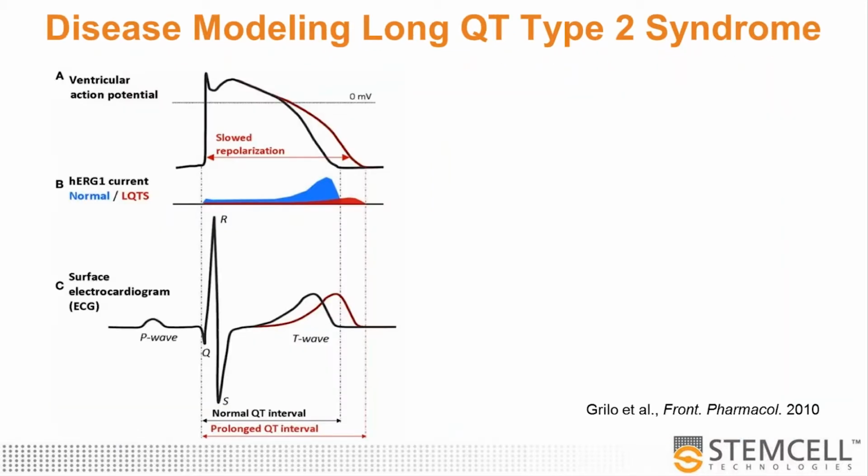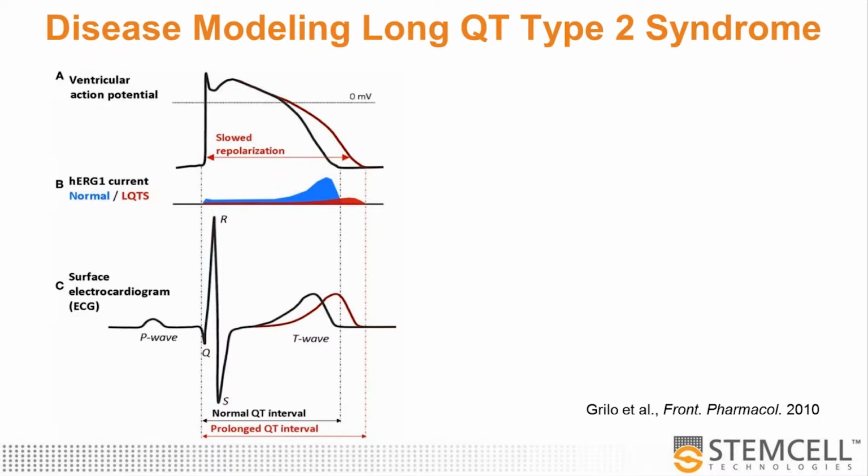So the first example I'll be talking about is disease modeling the long QT type 2 syndrome. So just a brief overview of what long QT type 2 is. So if we look at A, the ventricular action potential, in black is a normal action potential profile. So the early phase is a rapid upstroke, which is ventricular depolarization. Then we have a plateau phase, and then a repolarization phase, which brings it back to the resting membrane potential